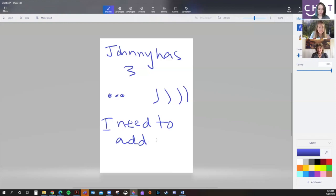Mm-hmm. You need to be scaffolding that out. What is the question even asking? Because a lot of the time they're not saying, you need to add these. That's not the word problem. You have to figure that out. And so when you're learning word problems, the teachers will give you the words to look for that make you think of adding and subtracting. I like to make a little chart that has these words mean to add, these words mean to subtract, these words mean to divide and multiply,